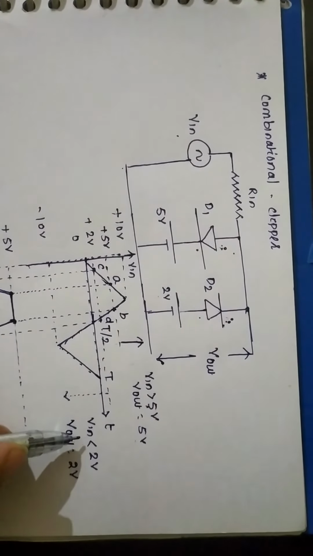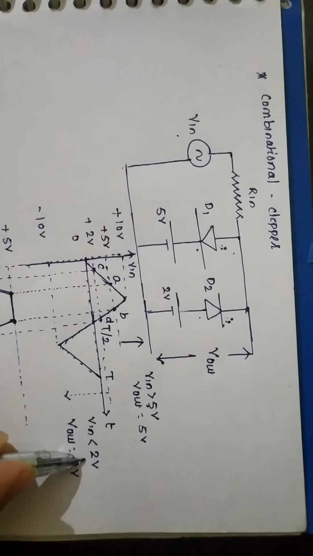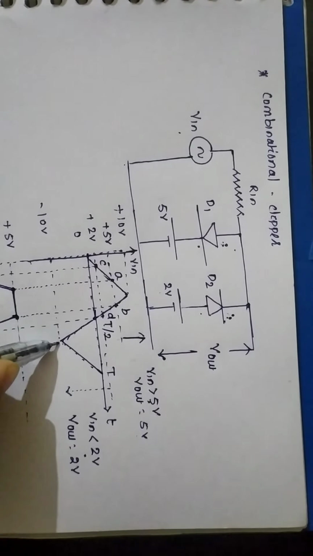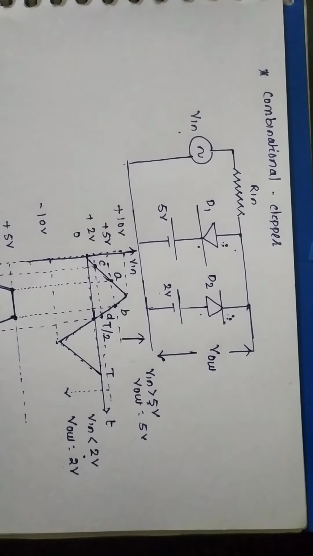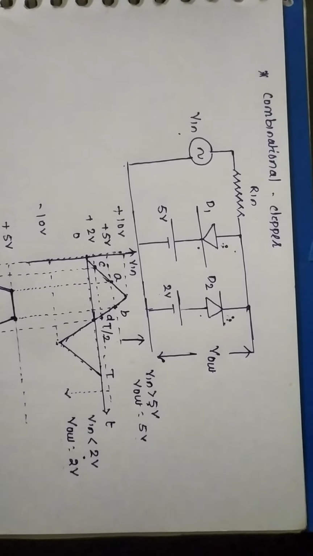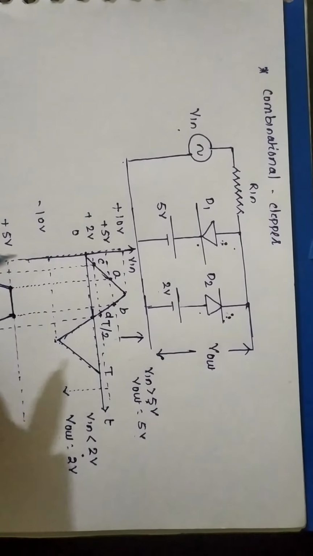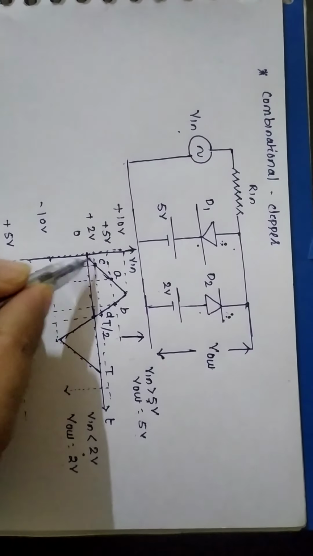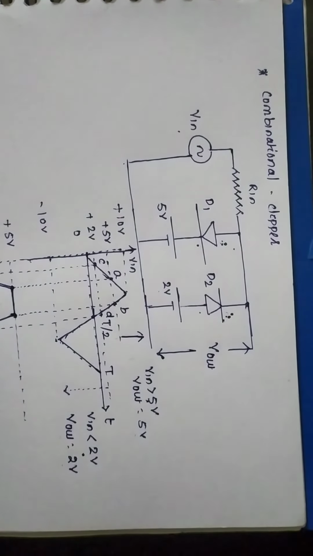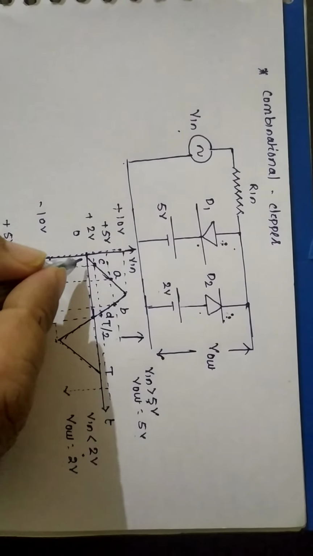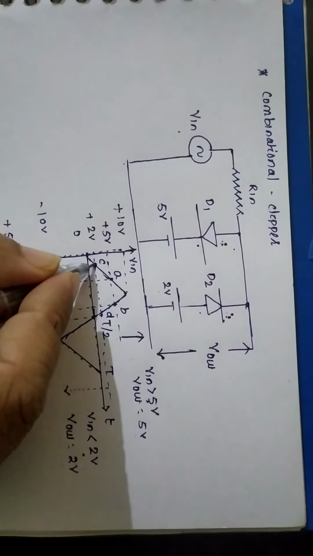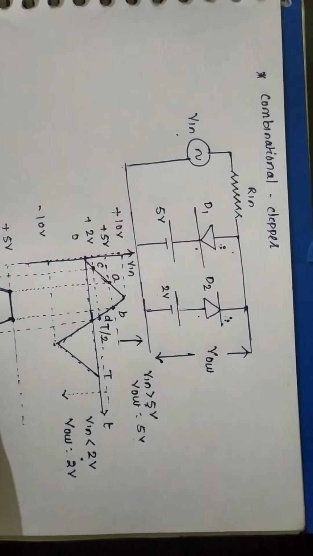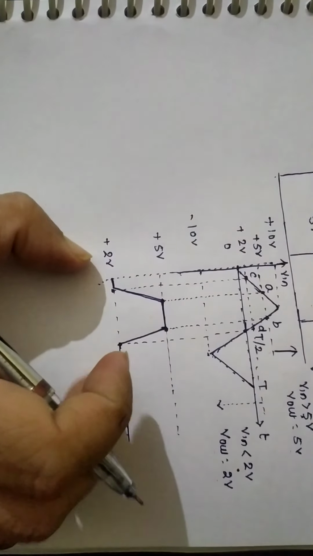Now in third case, once my input is less than 2 volt, I mean to say it is 0 volt or minus 10 volt, the output remains 2 volt. So from this point to this point, the output is always 2 volt. From this 0 to 2 volt, output will be at 2 volt. Whether input is 0 volt or 1 volt or 2 volt, output will be always 2 volt. So this is the output waveform for the